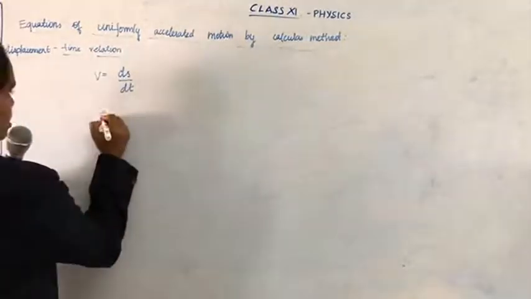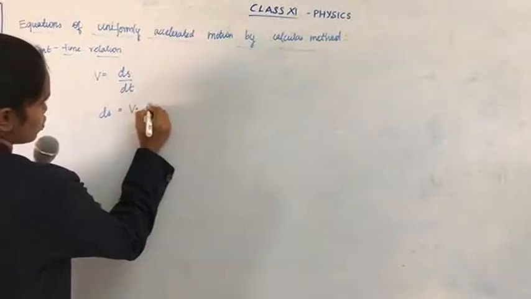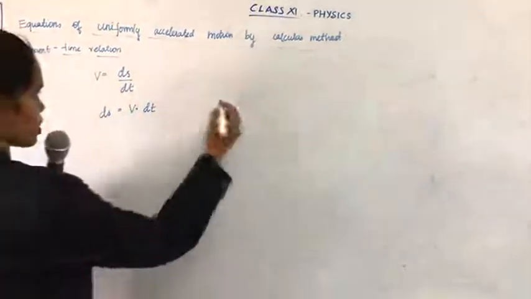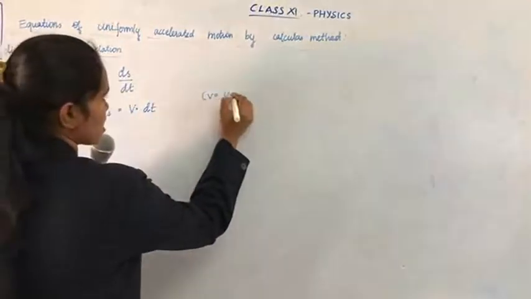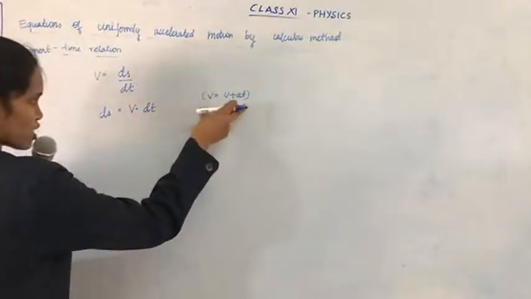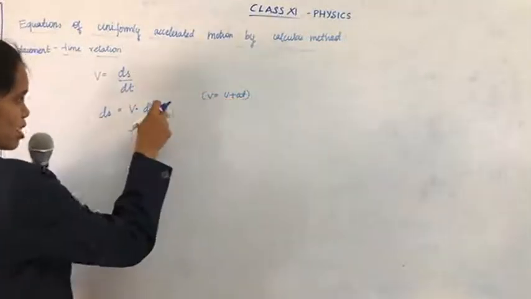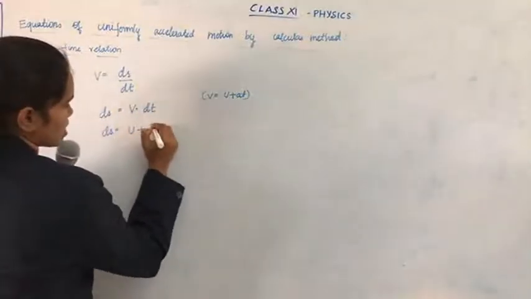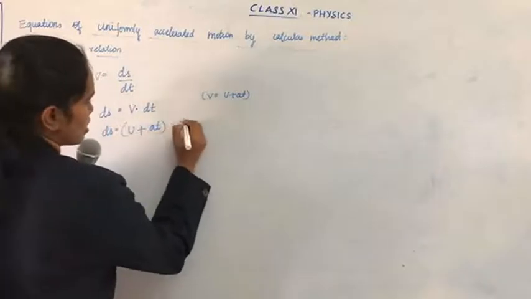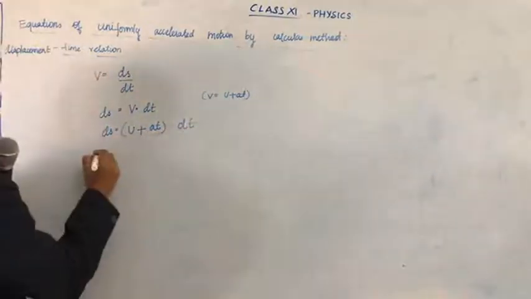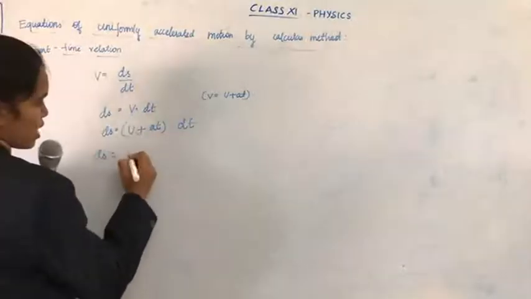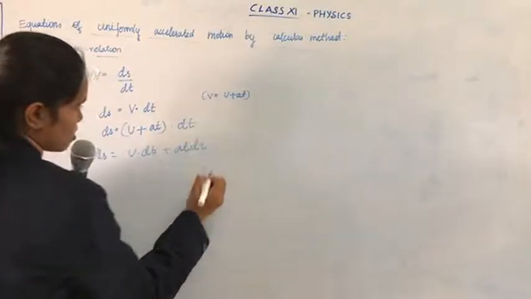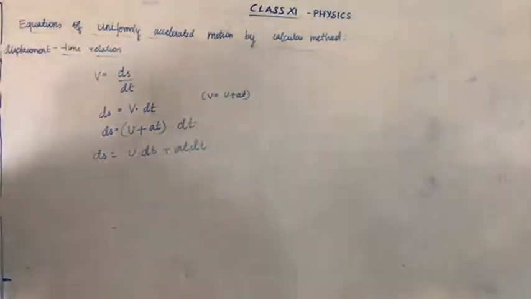Now write ds equal to v into dt. In the first equation we found v equal to u plus at. Apply this v equal to u plus at in this equation. So ds equal to (u plus at) into dt. Now ds equal to u dt plus at dt. Right. Now